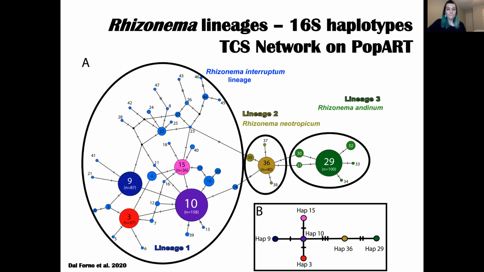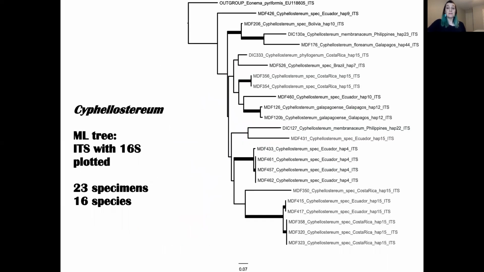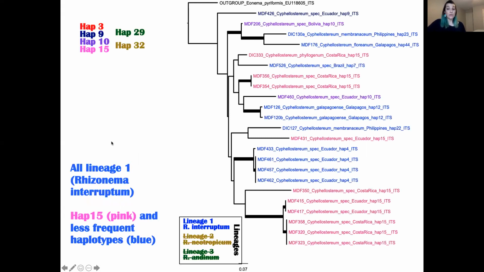So bear with me, but I also include some cheat sheets along the way. Next, we wanted to see how these photobiont lineages are distributed across the different lichens in Dictyonemateae. So I created ITS trees for each one of these genera, inferred by maximum likelihood, like this one, that you see, the topology of the mycobiont. And in this case here, Cephalosterium, which was the earliest divergent group. Then I mapped the different 16S haplotypes onto this tree, and this is what you see.